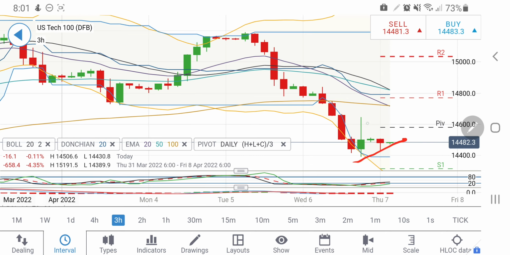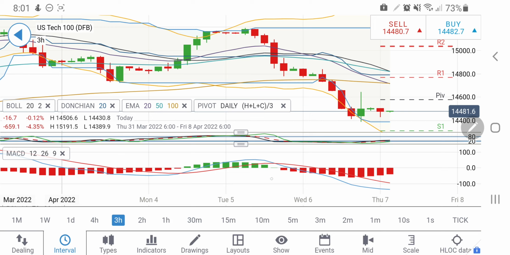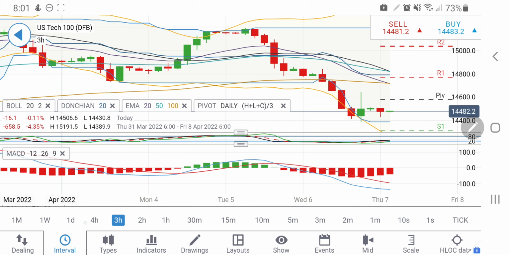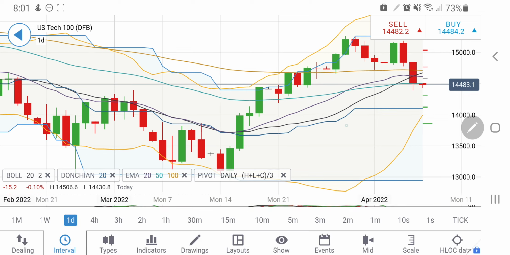See the previous 3-hour candles, lower highs, higher lows, and yes, if it breaks 14,500 you can take a long entry. That is what is indicative here. The next target is towards 14,550, 14,600, which is going to be a good resistance at 14,550, 600 zone. Beyond that it will try to head towards 14,800 also is very much possible. Look at the 3-hour stochastic, near to oversold, trying to rise from here. MACD trying to converge here on the buy side. RSI oversold here. So a probable symptom that yes, Nasdaq 100 can try to give it a little rise there.